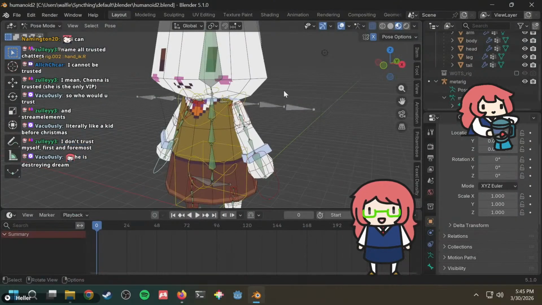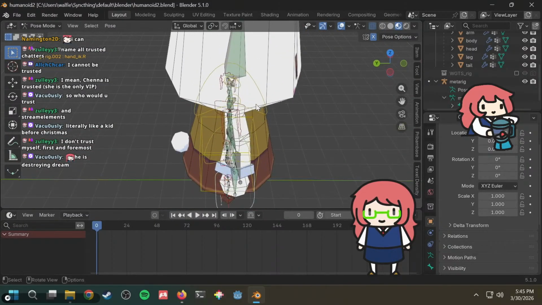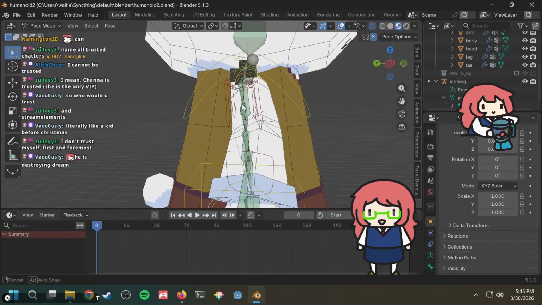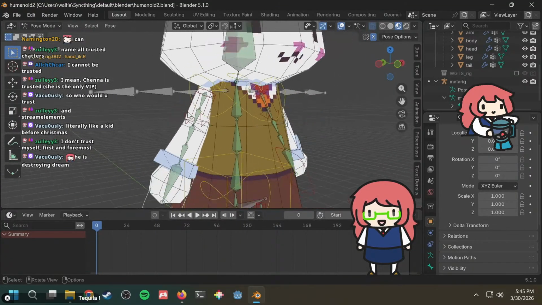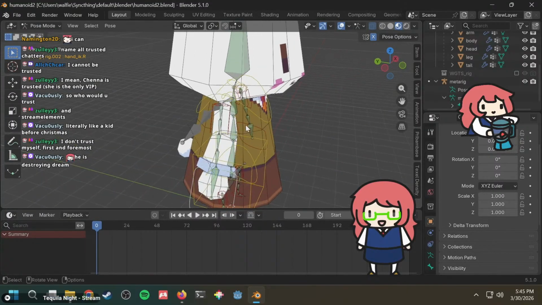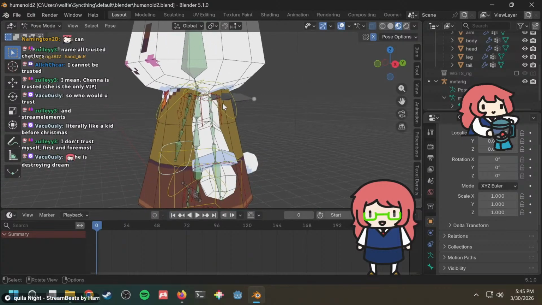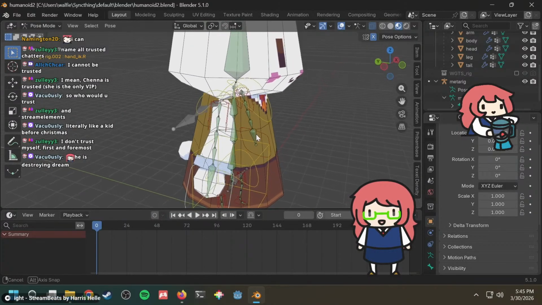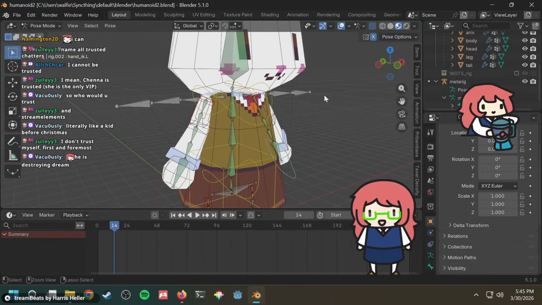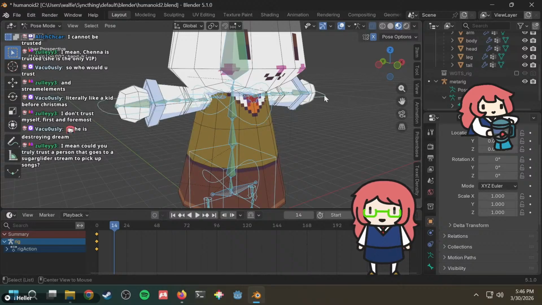Let me try to fix the bone problem again. Because I feel like if I just build on this while the bones are messed up, everything's gonna be rotated weirdly. Like you look at this and it's like, why is this bent like this, right? It should be bent the other way. It should be going like this. But it's not. Let's undo everything. Do Alt G, Alt R, Alt S.